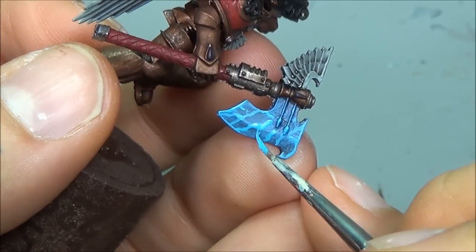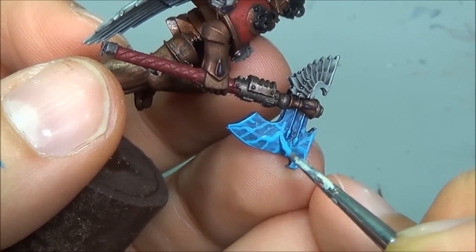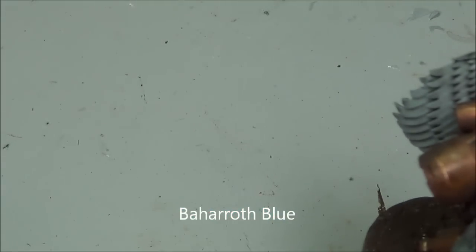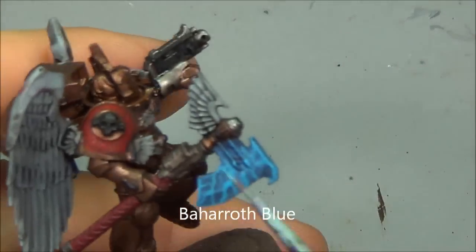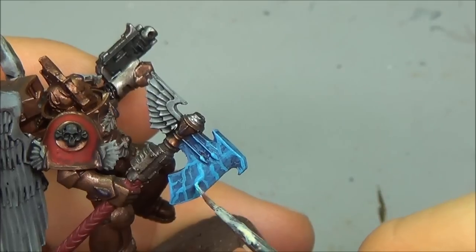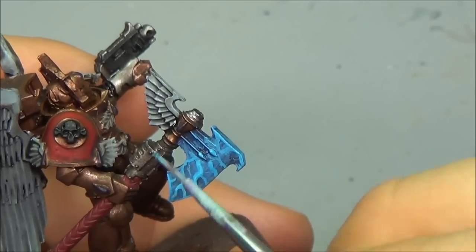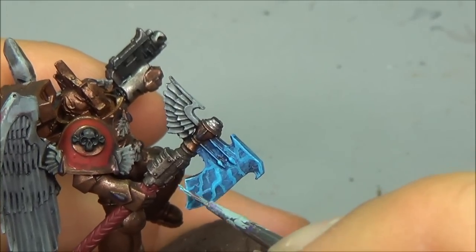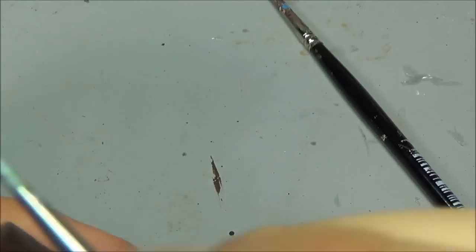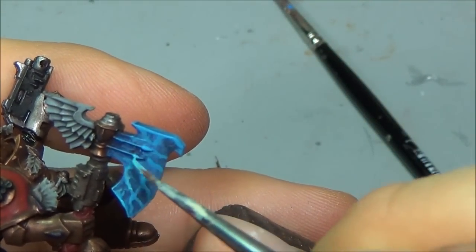And just, yeah, sketching out basically where the lightning's going to go, and as you get to the lighter colors, you'll refine that more. Okay, so using one of the edge highlights here just to bring in these edges, so just trying to keep inside those lines, nice straight ones for the lightning, just to make it look a bit more jagged and all that sort of thing. This is probably tabletop quality, definitely not showcase level here. With this lightning